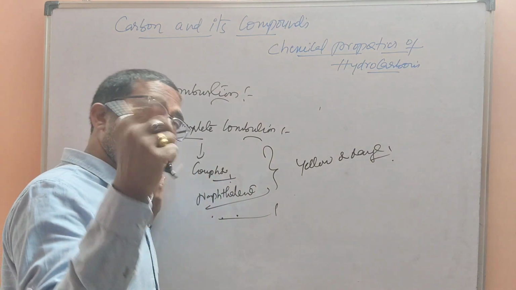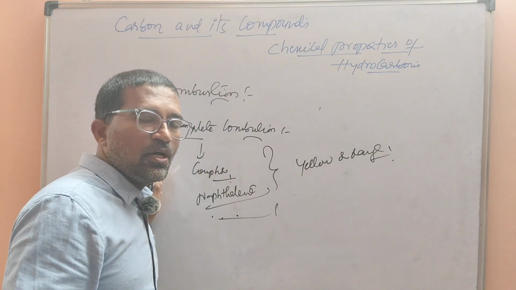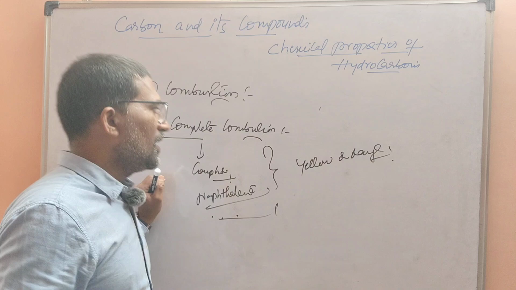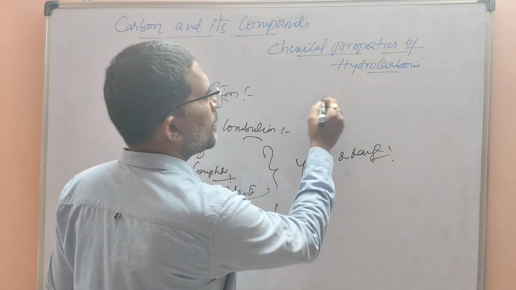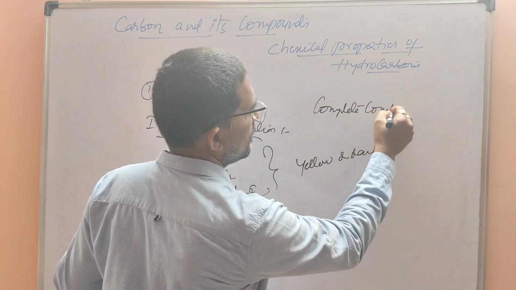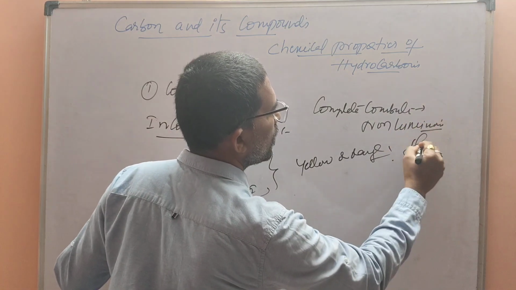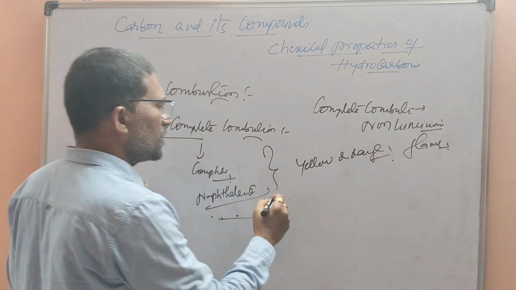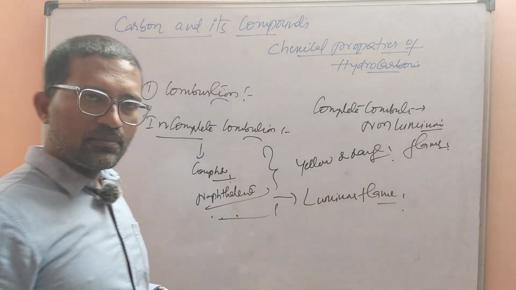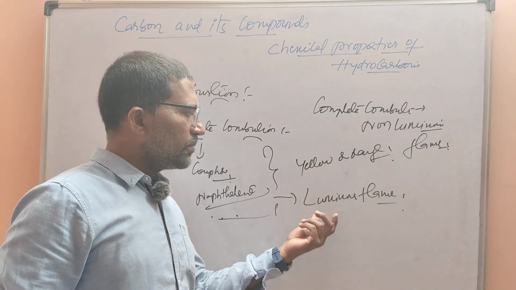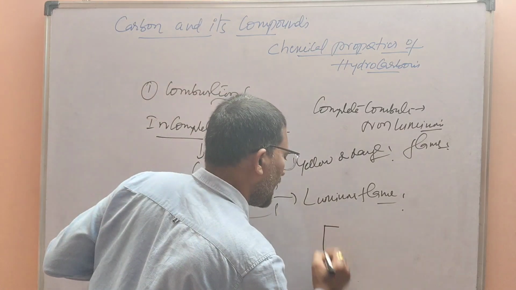In complete combustion, the amount of energy emitted will be more. Heat energy emitted will be more. Amount of heat energy liberated will be more. I am not talking about light. So in case of complete combustion, we will observe a non-luminous flame. In incomplete combustion, we will observe a luminous flame. Non-luminous, luminous. Incomplete combustion, luminous. Complete combustion, non-luminous. If you observe a candle,